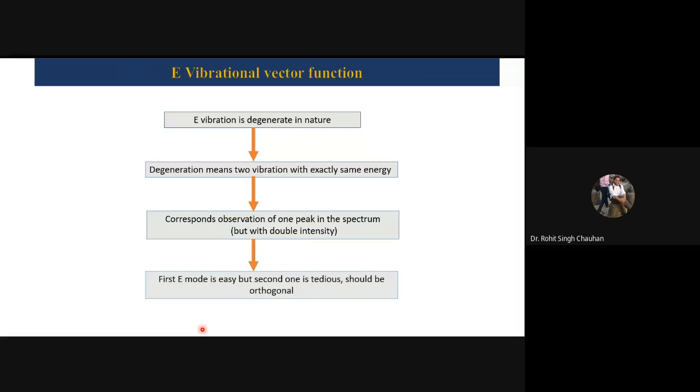So the first E mode, which you have found, is very easy: you just operate the projection operation and you will get one E. But the second one is a tedious one. There are several ways to find the second one, but whatever mode you get, it should be orthogonal to the previous one which you got the easier way. Always remember that. Otherwise, I will tell you in what way we should proceed. Now see,